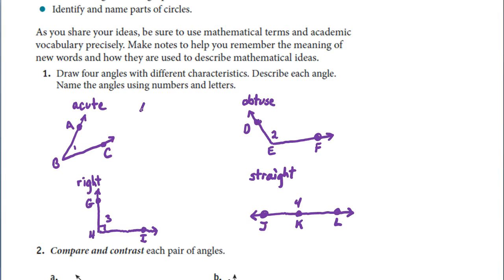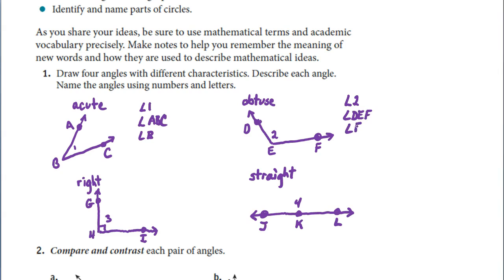This could be called angle 1. It could also be called angle ABC. And it could be called angle B, using the vertex to name the angle. For the obtuse angle, again, I've put some dots on the sides and written a 2 inside the angle. So naming this could be called angle 2 or angle DEF